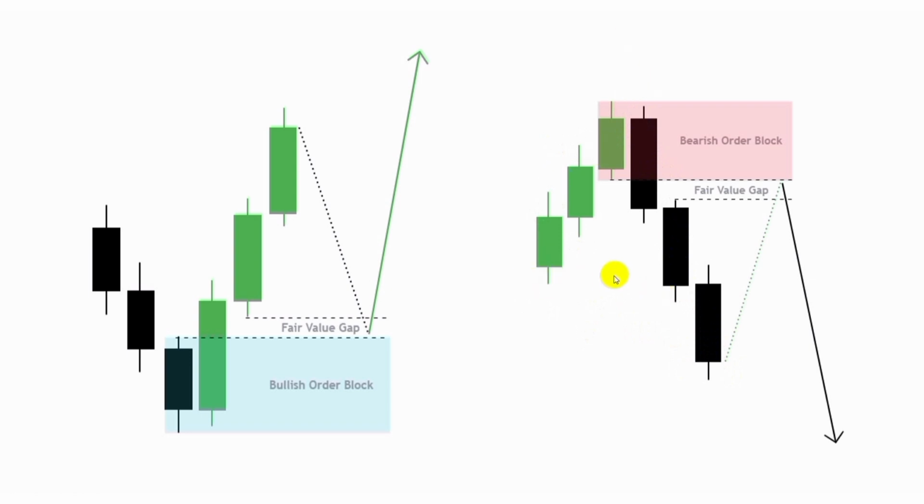It took out the low. So your expectation is to see the pullback for price to mitigate the order block, and then you have the continuation of price to the downside. So now,